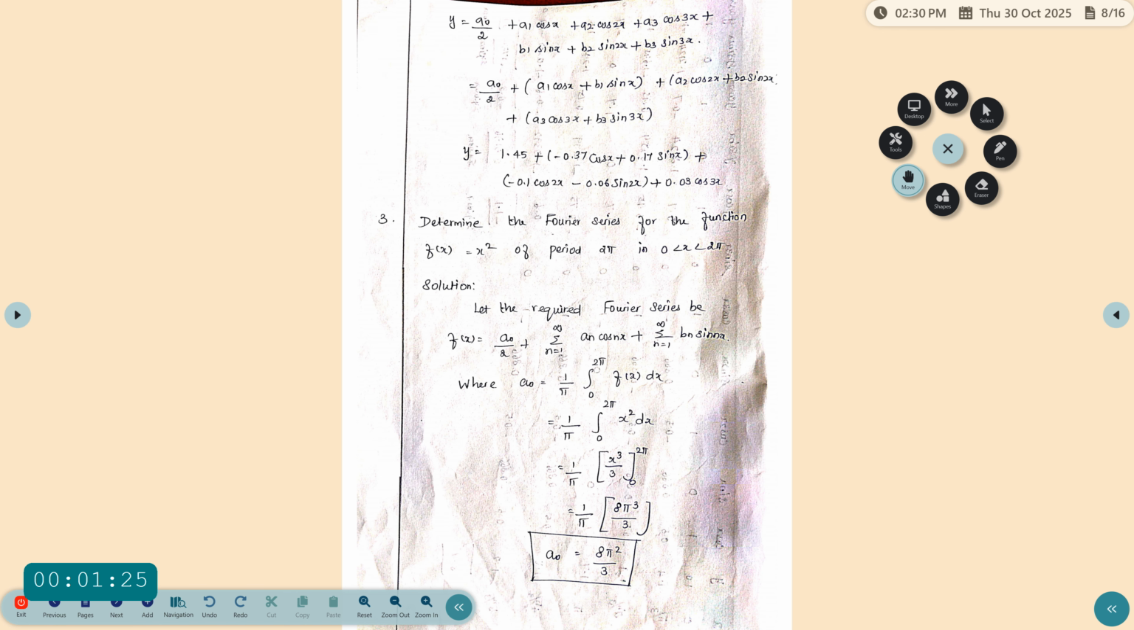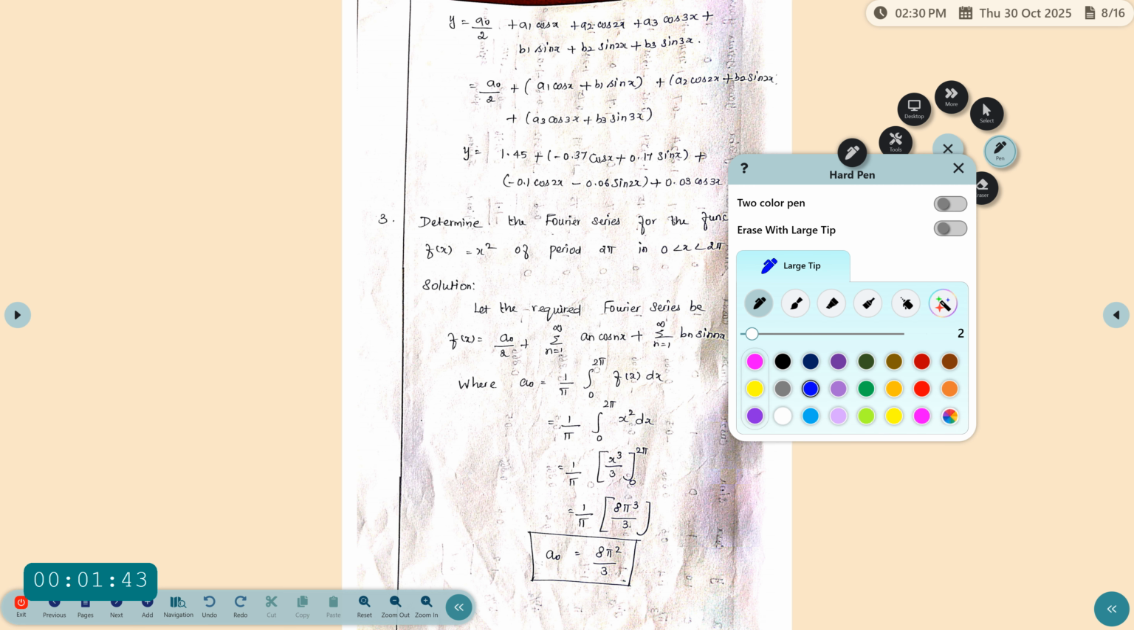Now let us consider the problem. Determine the Fourier series for the function f of x equal to x square of period 2 pi in the interval 0 less than x less than 2 pi. So in the interval 0 to 2 pi, the formula for finding Fourier series is